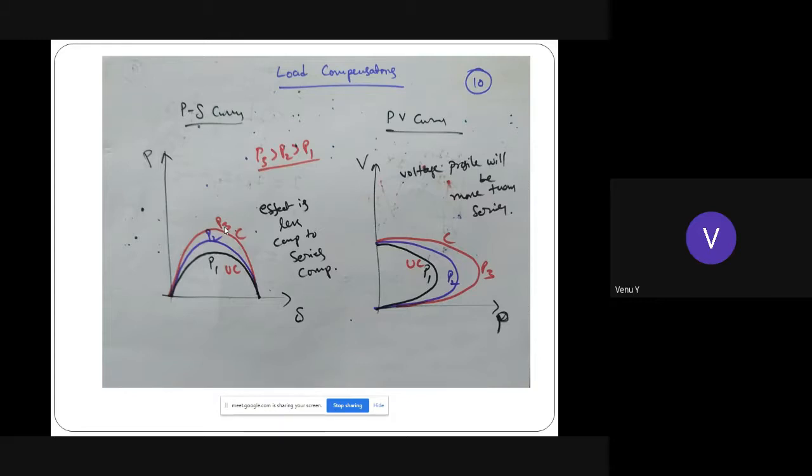Not only that, from the voltage stability point of view also, the series compensator is more effective, even for voltage stability, when there is a 5% or 10% variation. Here also you can look at the PV curves. Therefore, the available margin can be improved by 5% or 10% respectively. Hence, for stability issues, the series compensator is more effective than the shunt compensator. The line compensator is more effective than the load compensator.